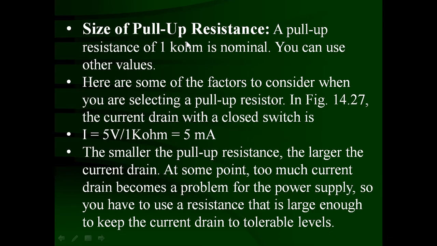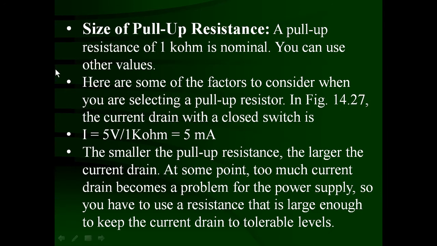So this pull-up resistance should be some particular value. In our case right now, 5 volt upon 1 kilo ohms means 5 milliampere current is drained from the power supply, so it's okay, no problem. So 1 kilo ohms resistance is typical here. But if you reduce it to say 10 ohms, then 500 milliampere current will pass through, which may damage the power supply, or it is not good for the power supply. So the value of the resistance should be low enough that the current drain from the power supply is acceptable.